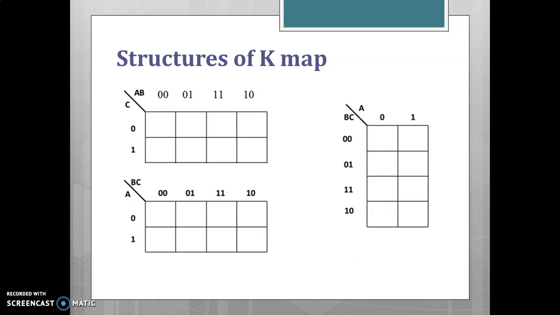The different structures of K-map are shown here. As we have already seen, a 3 variable K-map will contain 2 power 3 minterms, 8 minterms, which means we should have 8 boxes. 8 boxes can be arranged in any fashion. So in this diagram, you can see you have 2 rows, 4 columns. The same way, your K-map can also have 4 rows with 2 columns. This is also possible. This is also correct. The same way, the way in which you write the variables is interchangeable. For example, we can write A, B, C here, or the other way around, A, B, C here.